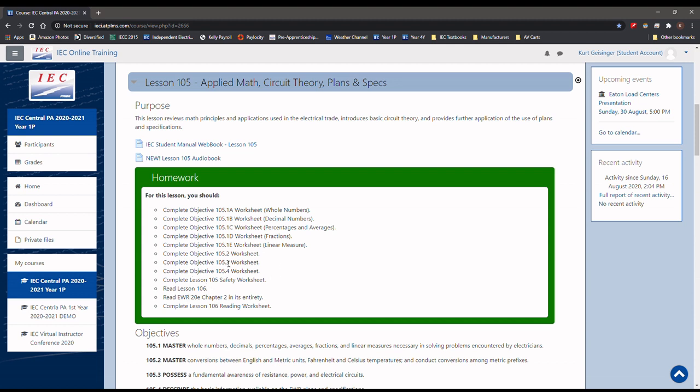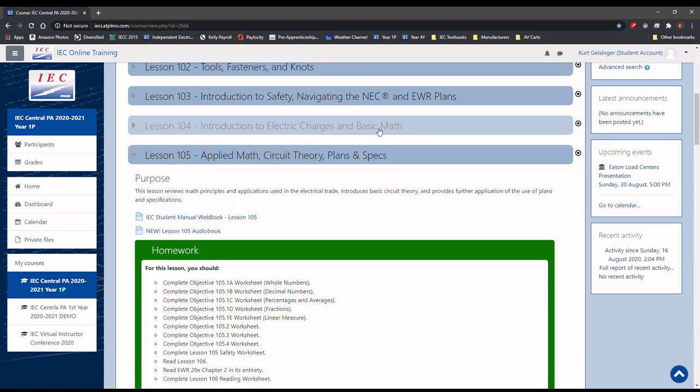So essentially that's all the worksheets that we would have in your student workbook, which we also have here, which I'll show you guys in a moment. But notice they didn't tell us to read anything particular for chapter 105, right? It says read 106. Again, they expect that an in-person student comes to class having already read the content for this chapter. So actually, if we go back up here to 104 now,